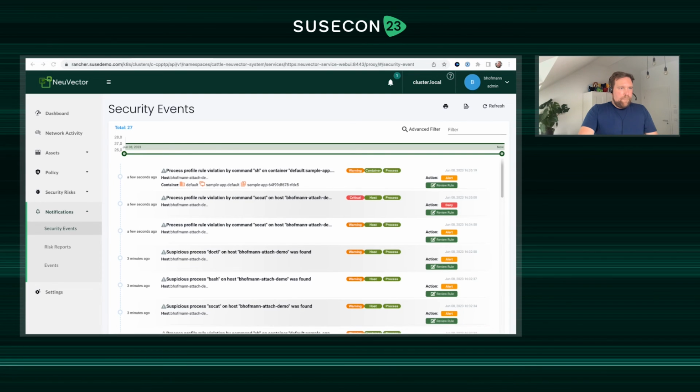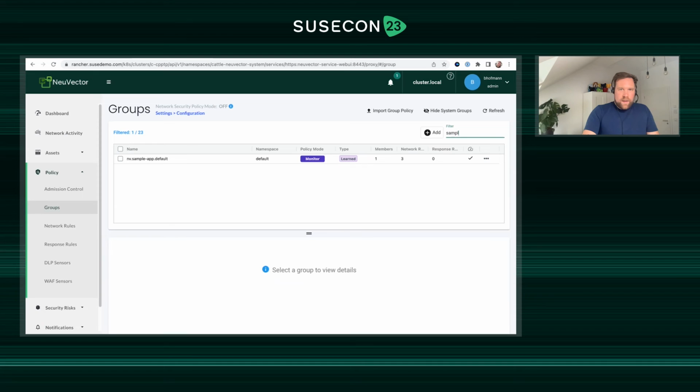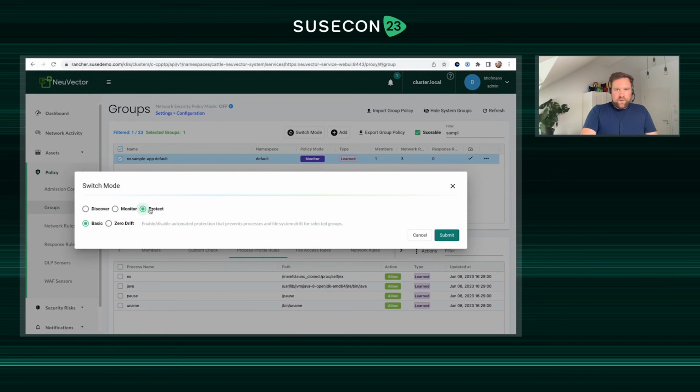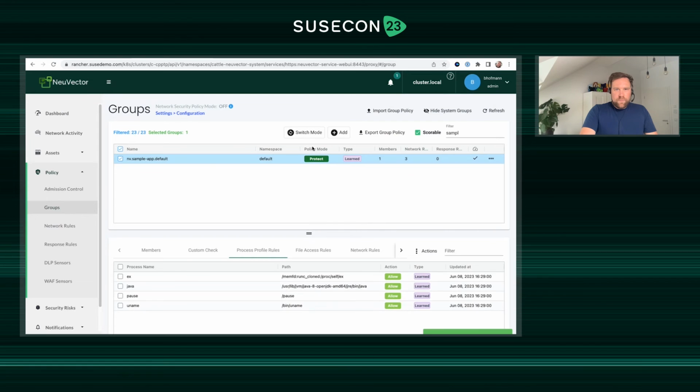Let's go back into our policies. Let's go to the sample app, and let's switch this one to protect mode. So let's not only alert, but let's also protect anything that is happening here. And now, if we go back to our shell,